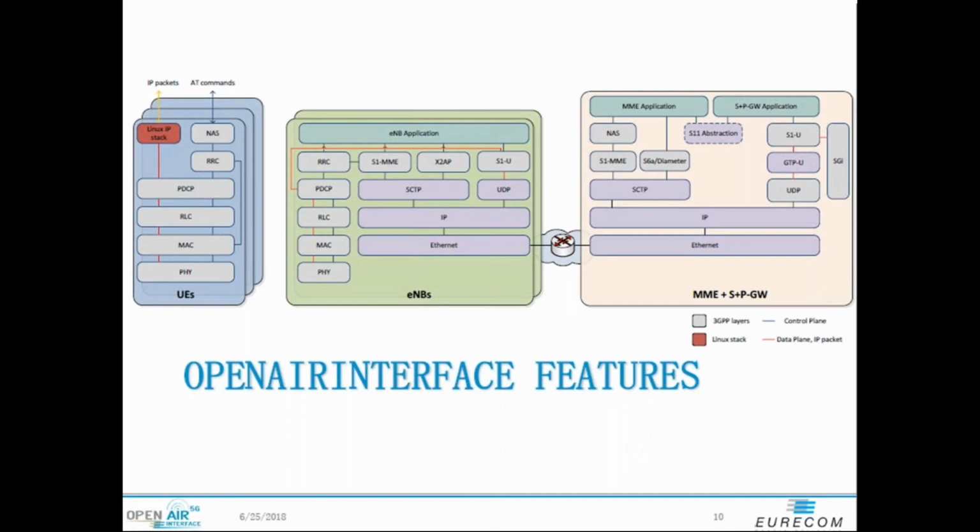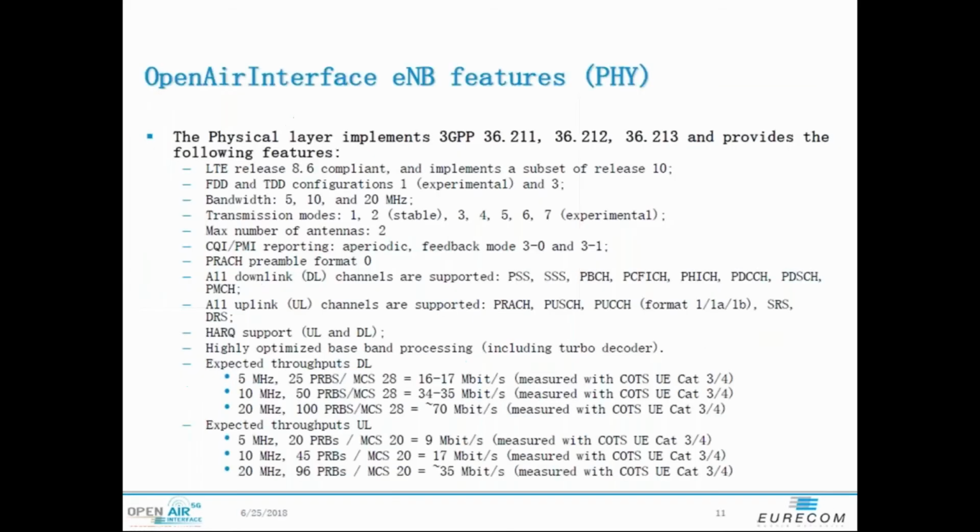So all these three pieces, in fact, we call them two pieces. One is the radio access part, including the UE and eNodeB, and the other part being the EPC. They are all part of the offering of the OpenAirInterface open software. Now, if needed, we can look at some of these details over here. What is being implemented? Let's not go into each and every one of these items,